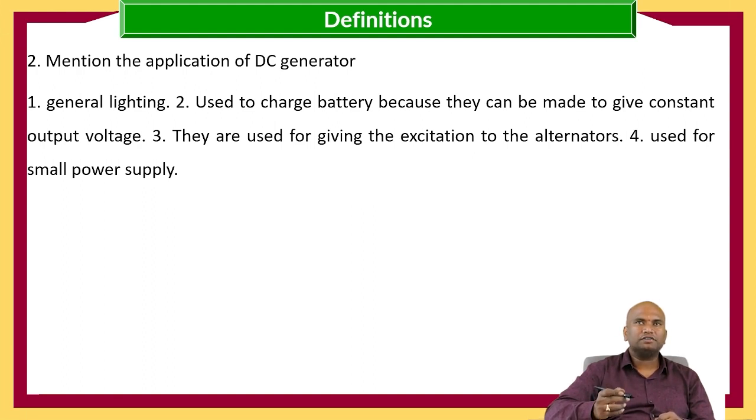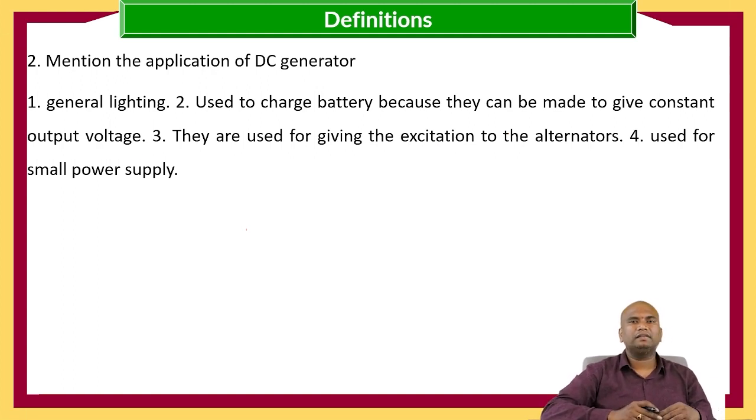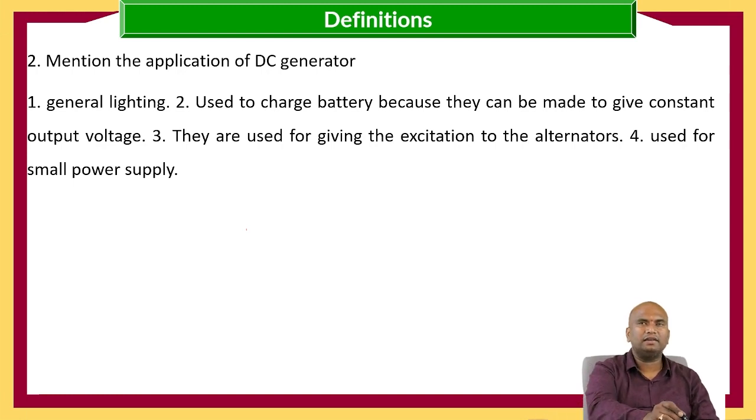Those are the applications of DC generators, that is general lighting and to charge batteries, because they can be made to give constant output voltage. Whatever the batteries are there, we are going to give the supply in order to charge the battery. That DC output from the generator will be given to the batteries, and they are also used for giving the excitation